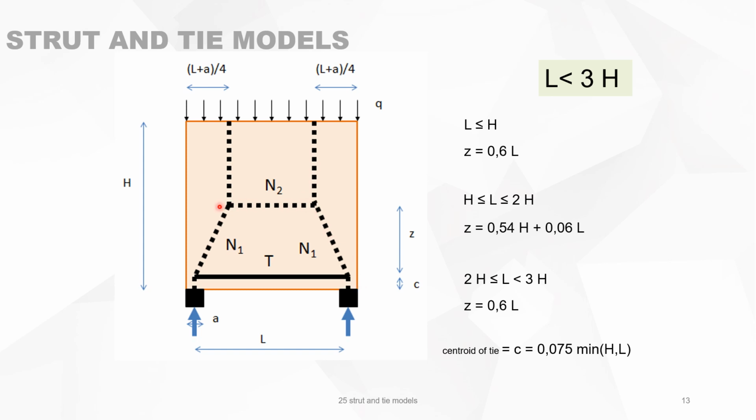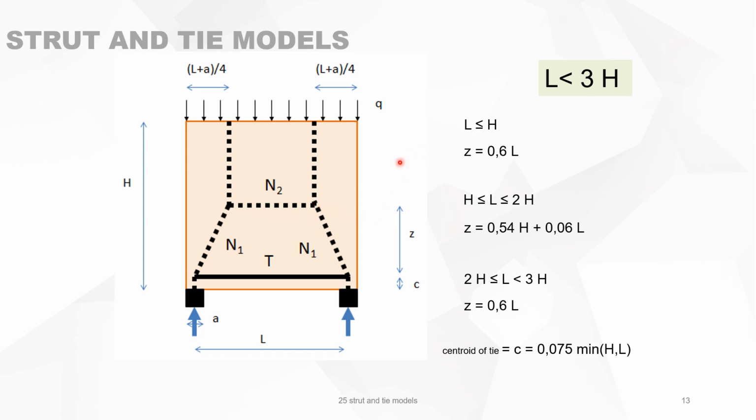We know that the top then is a compression strut and the bottom is a tension strut. The level Z where this N2 is situated, where the point of gravity of N2 is situated, is in fact a little bit unknown, but